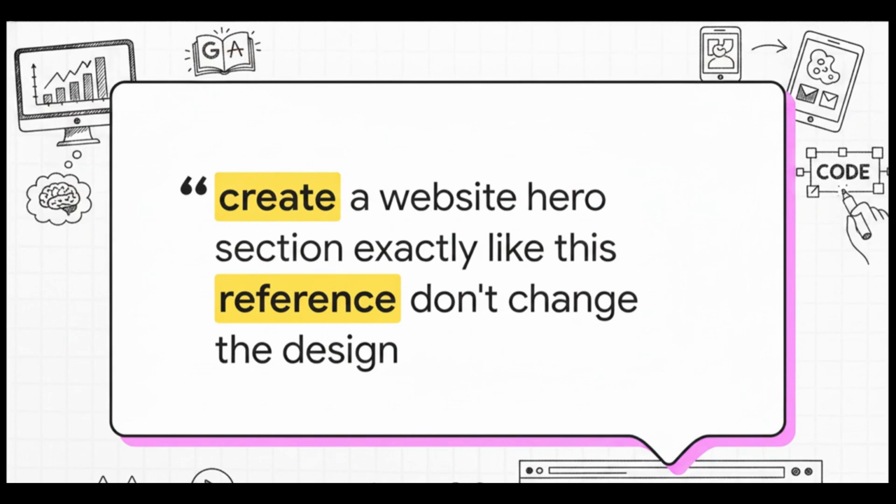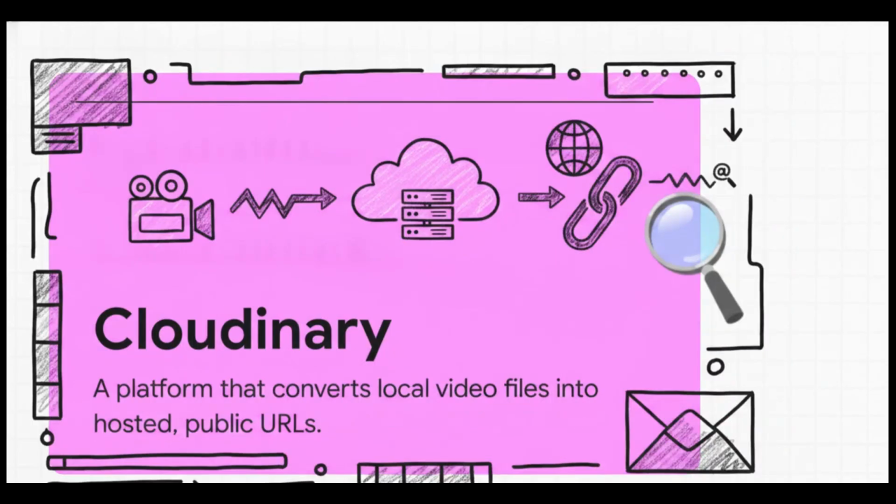You give this direct prompt to Google AI Studio alongside our clean layout image, and the platform just goes to work. In a matter of seconds, it automatically generates the entire, fully responsive code base. Everything's perfectly aligned, the buttons are functional, the layout is completely spot on. Now we do hit a tiny roadblock here.